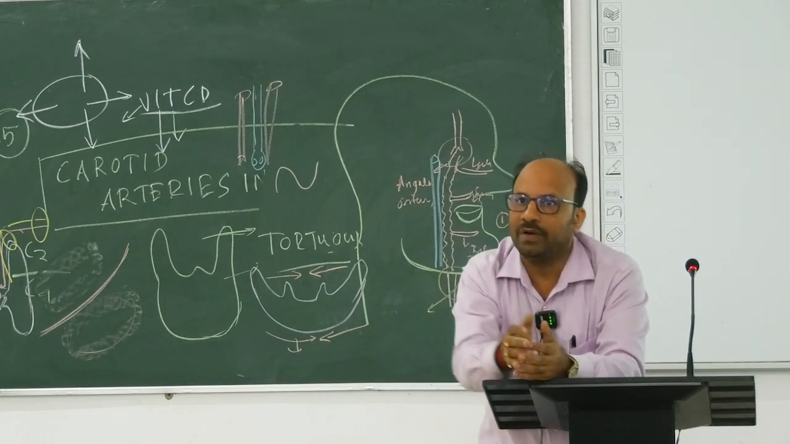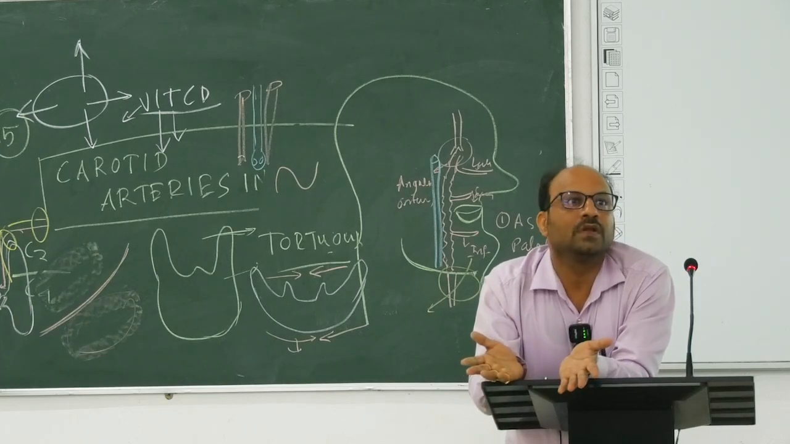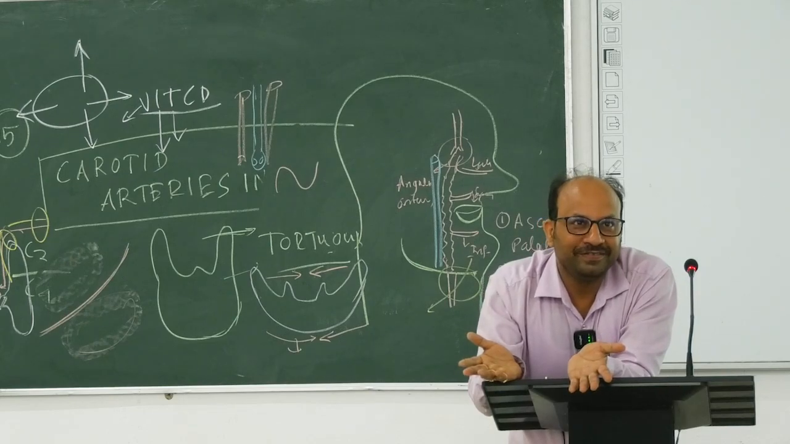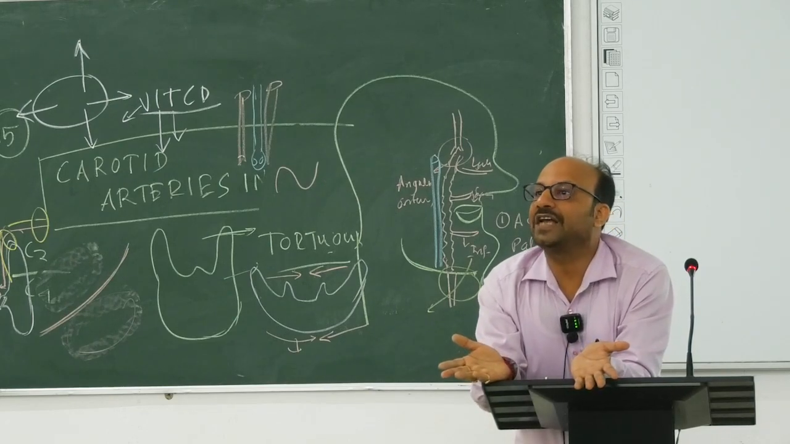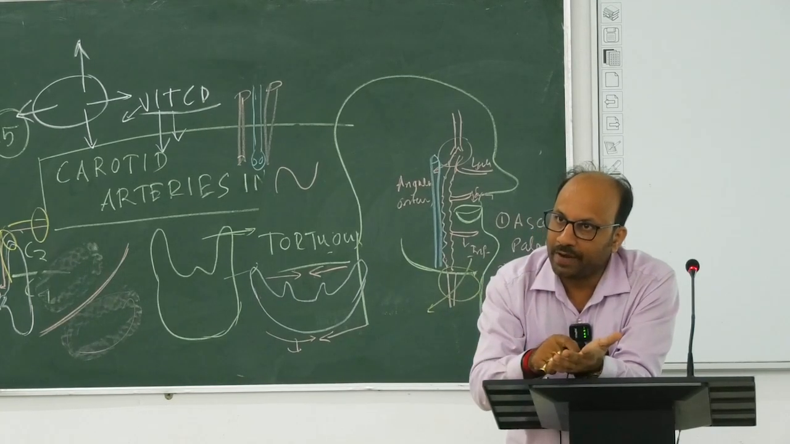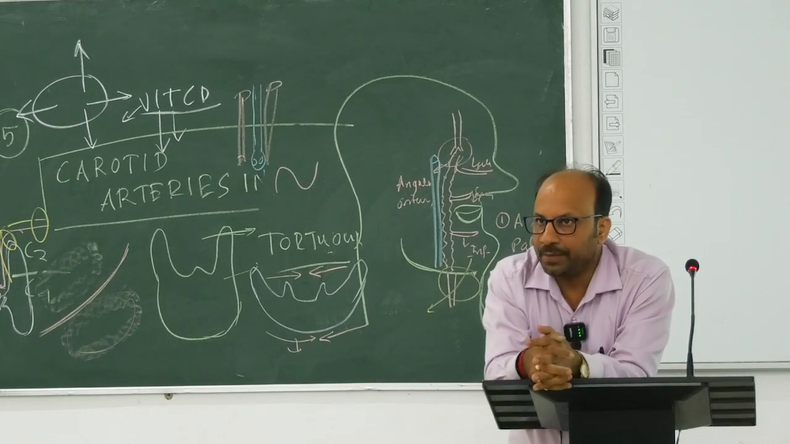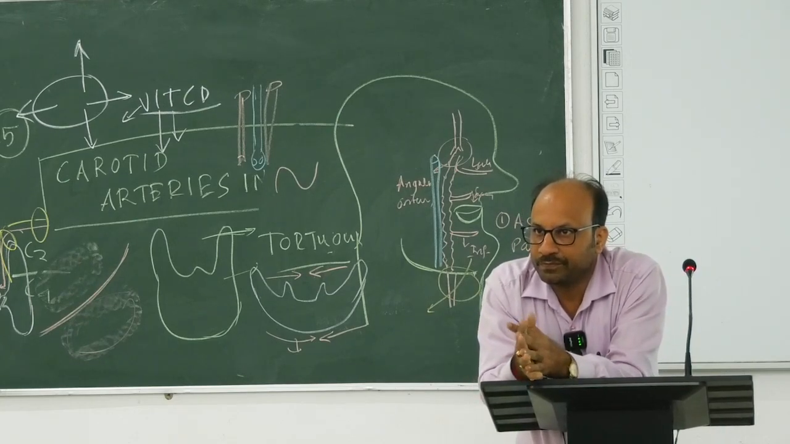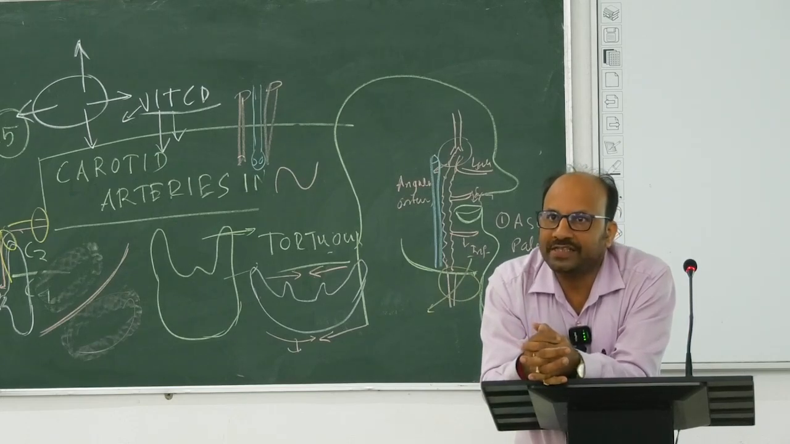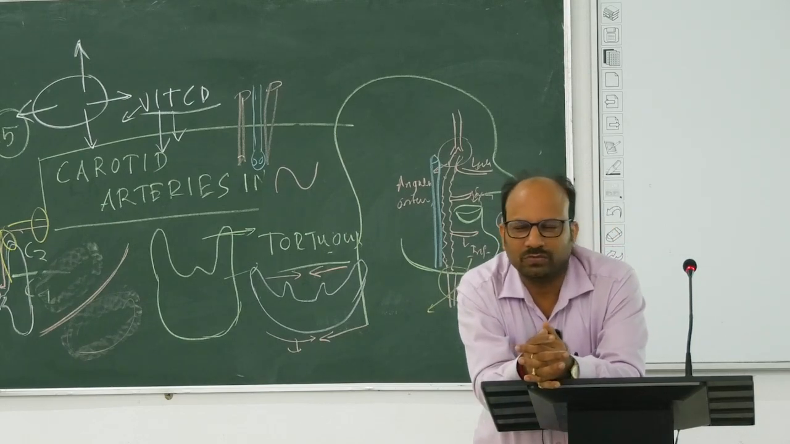4টে কাকে দেবে? সব মাসেলকে দেবে। কোন মাসেলকে দেবে? মাসেল ফর ম্যাস্টিকেশন। বাক্কাল ব্রাঞ্চ বাক্সিনেটরকে দেয়, টেরিগয়েড ব্রাঞ্চ, ম্যাসেটেরিক ব্রাঞ্চ, অ্যান্ড আর কি দেবে? টেম্পোরালিসকে দেবে।